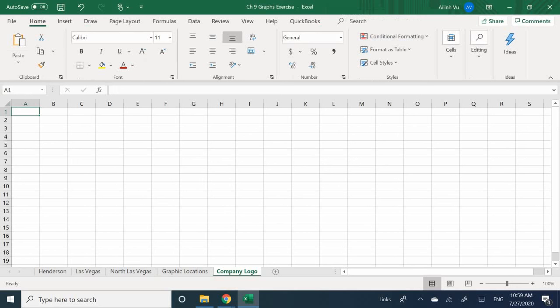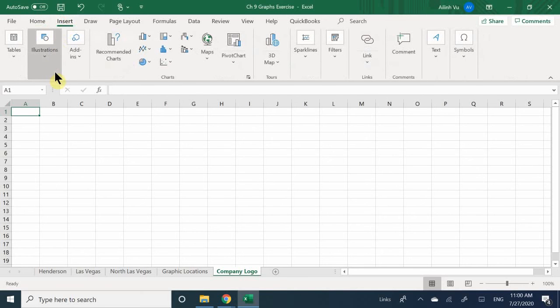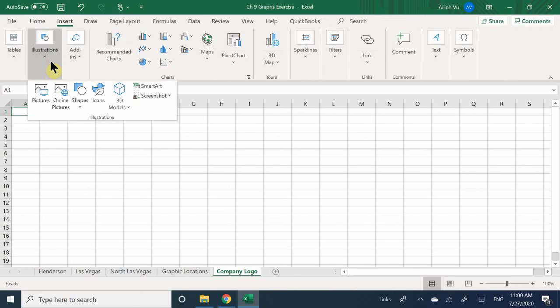All right, last thing I'm going to show you is how to use shapes. Okay, so in this case, I want to actually create a company logo, just for the heck of it, just for the fun of it. So I'm going to go ahead and insert, and I'm going to make a really simple logo by using shapes. Now, yes, you can do that if you've already have one that you've created using Adobe or some kind of